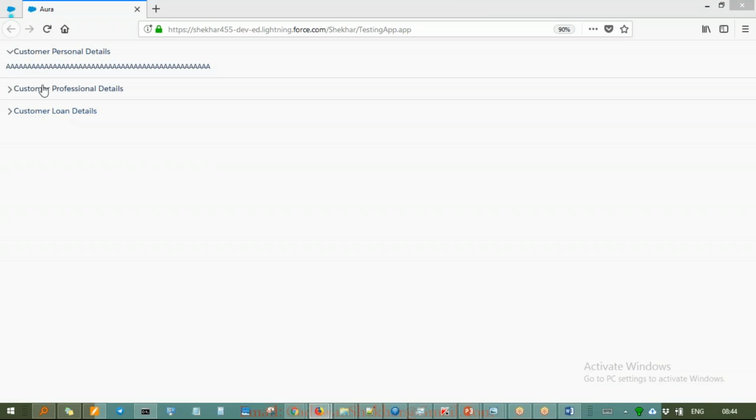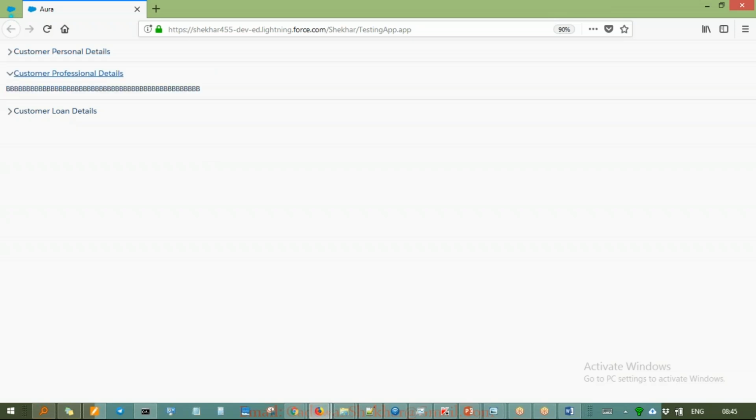So here we go, look at this. This will give you three sections. First will be by default open. You can click on second, first will close. You click on third, second will close. Okay, so this is going to change like this. Okay, so this is one thing, and now